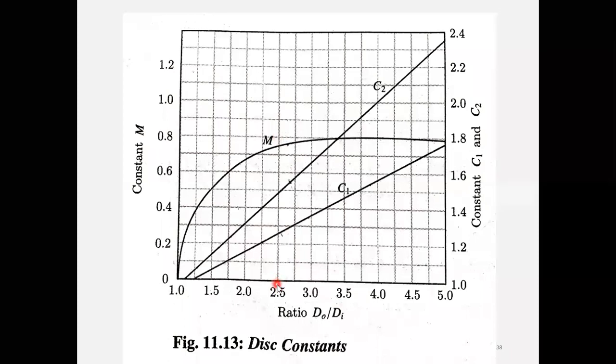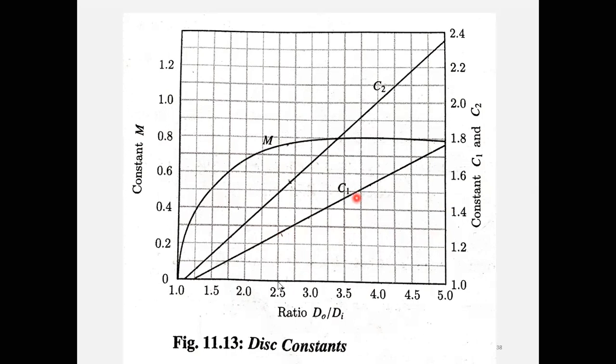You just move vertically here, and it coincides with the C1 inclined line. Now I need to know the value of C1. You just move here, and you will get the value of C1. It is 1.2, next one is 1.3, 1.4. This value is nearer to 1.3, so you can take it as 1.28. This is how you can find out the C1 constant.